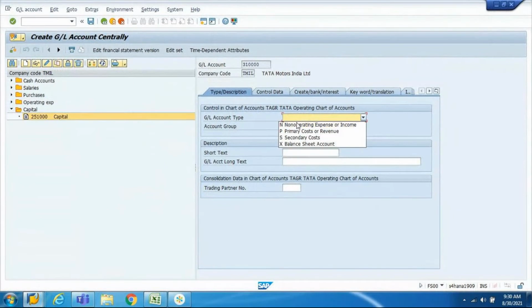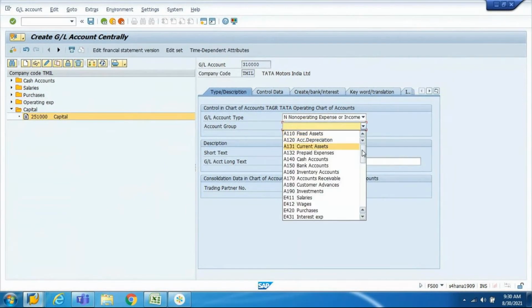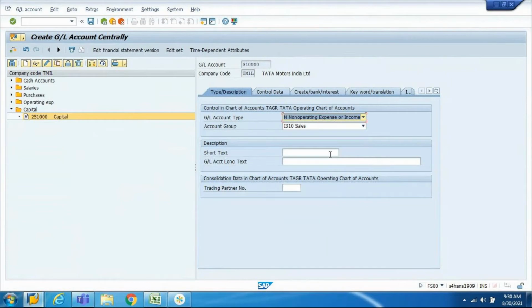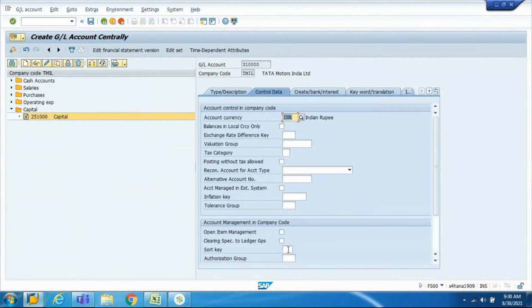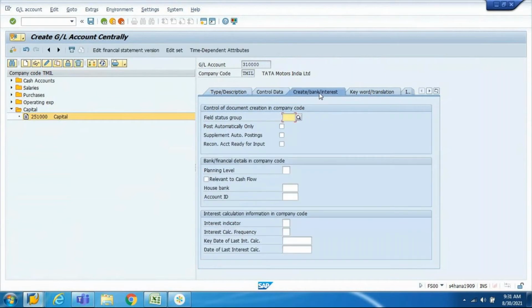This is income, non-operating. So this is income. Go to I series. Sales. This is sales, sale, topic is 001. This is G001.